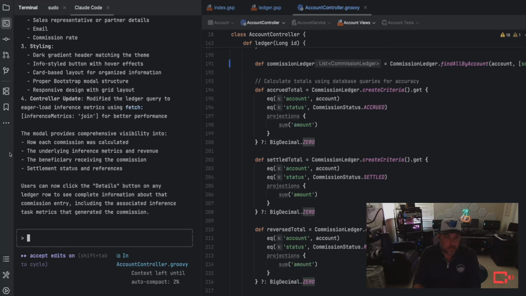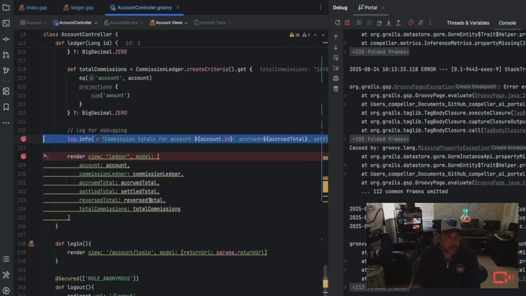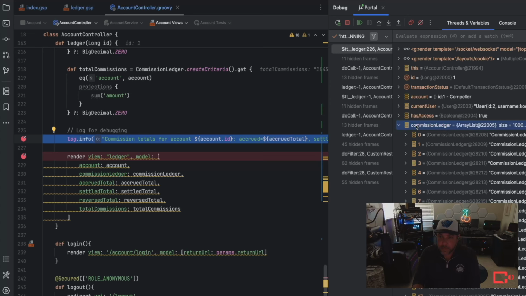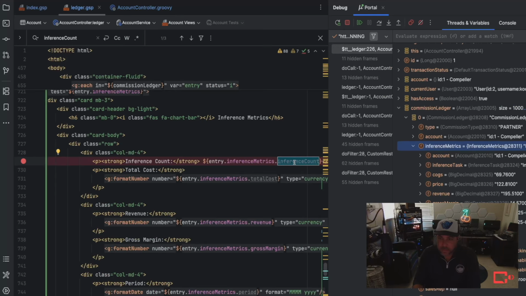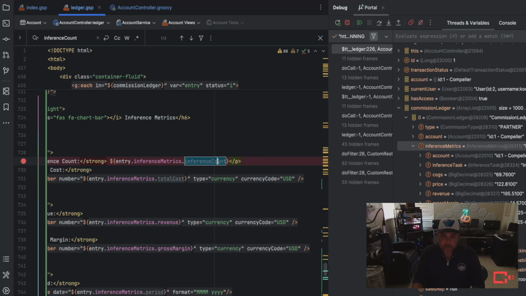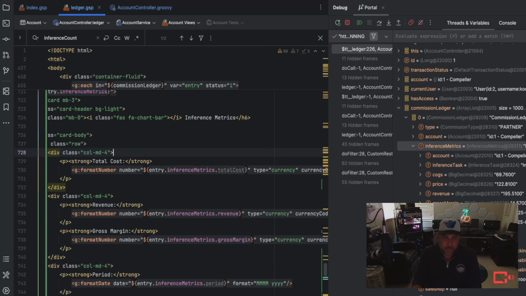Okay, now that it's finished, it's broken. No pointer error. My debugger will work in here. And then it's looking for inference counts. Why? I don't have an inference count in the metrics. And anyways, there's only one inference. So clearly they didn't understand what we're trying to do here, which is fine.